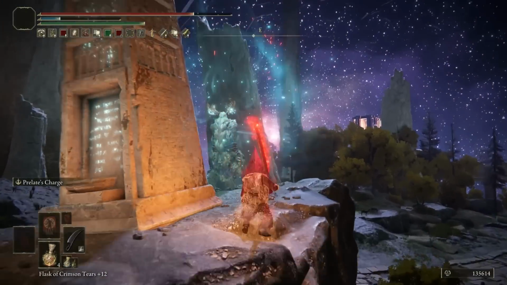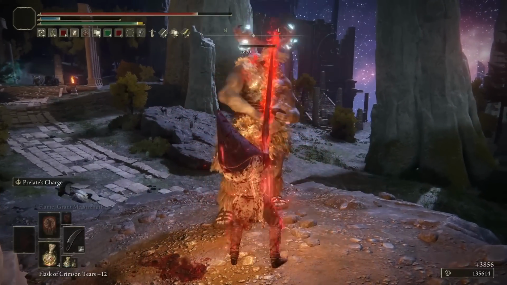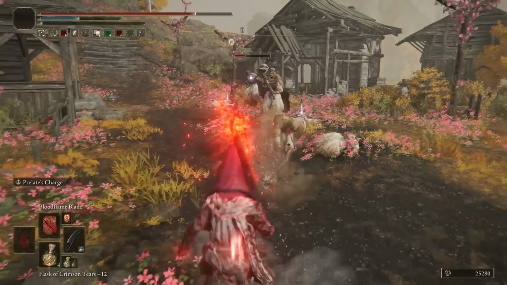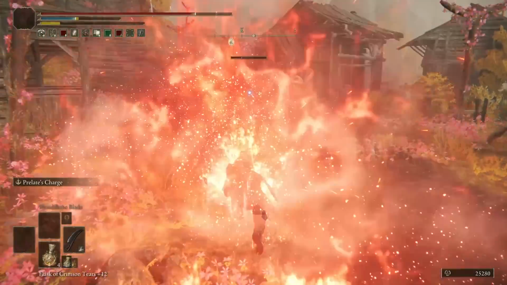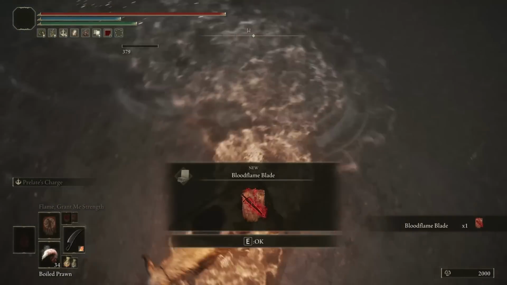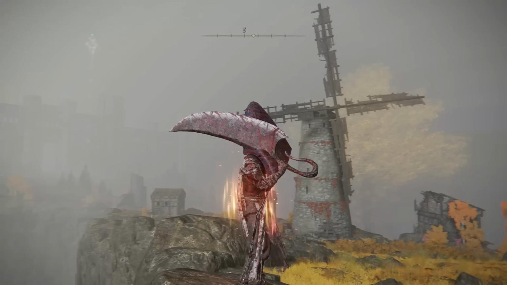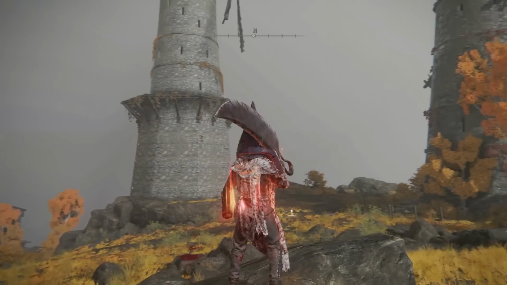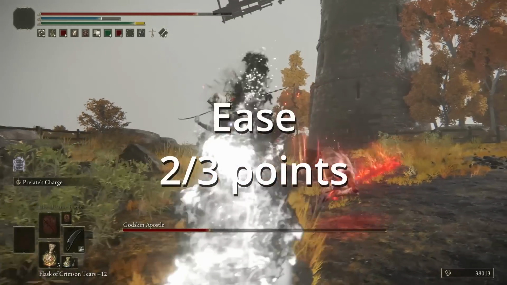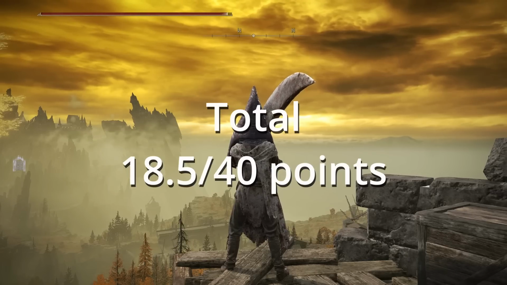And lastly, we have our misc category. While the Nightmare build is really cool and interesting, it's actually not that effective, and therefore for me, it really wasn't that fun. Ease of use is pretty high. Since you're really relying on the Prelate's Charge, it's essentially one move. You can also attain all of these items on a first playthrough with relative ease. And lastly, aesthetic, top notch. This thing looks terrifying and I love it. For those reasons, we give it a 1.5 out of 3 for fun, a 2 out of 3 for ease, and a 3 out of 3 for aesthetic, which brings the total for the Nightmare build at an 18.5 out